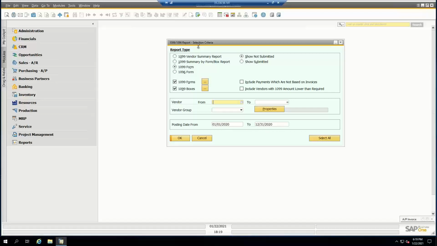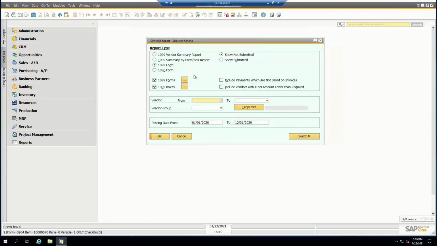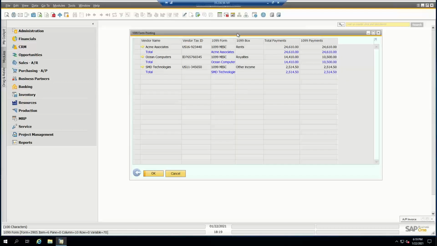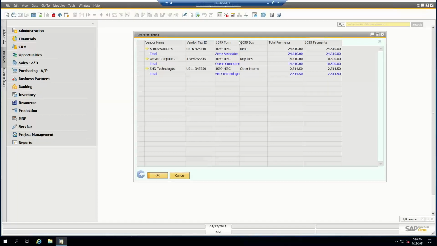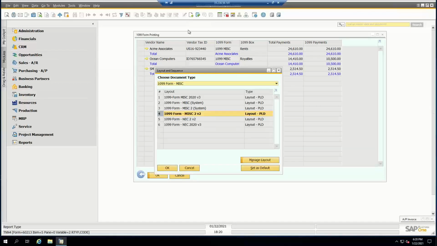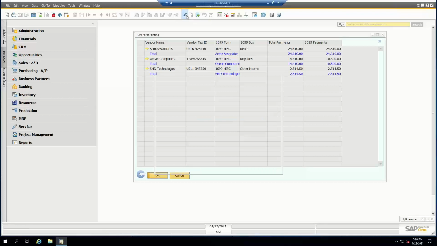So for this first run of the 1099, 1096 reporting, we're just looking to populate our 1099 miscellaneous. So we're going to click OK here. We've excluded non-employee compensation for now, so we get our amounts back. And normally you would go to print preview, review the information, and then print it out on the forms. Now, since the 1099 MISC has been renumbered for this year, we've had to modify the layout. So if you go up into the toolbar here and choose Layout Designer,